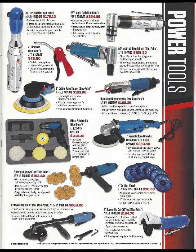All right, everybody, still moving on to page 7 here. Now, they got all the Blue Point shit on this page, and really this is just entry-level stuff here, or for like what I like to call people, the people that have alligator arms and don't want to pay for the Snap-on stuff, so they have an economical way of you to buy stuff from the truck, and it's called Blue Point. There's only one tool or two tools on here that I would really like to have, and I